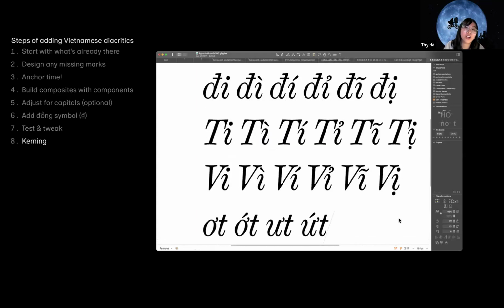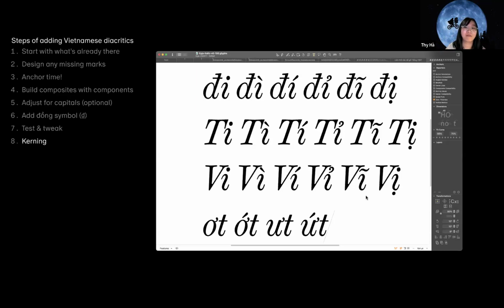The eighth step is the kerning part. I think this is the most crazy or the hardest part for Vietnamese characters. You can see here some of the kerning pairs that I tried for my font. If you have the V and the I too, it's very problematic, very hard to get the kerning really right. So sometimes I reduce the length of the tail so that it can fit under the V,